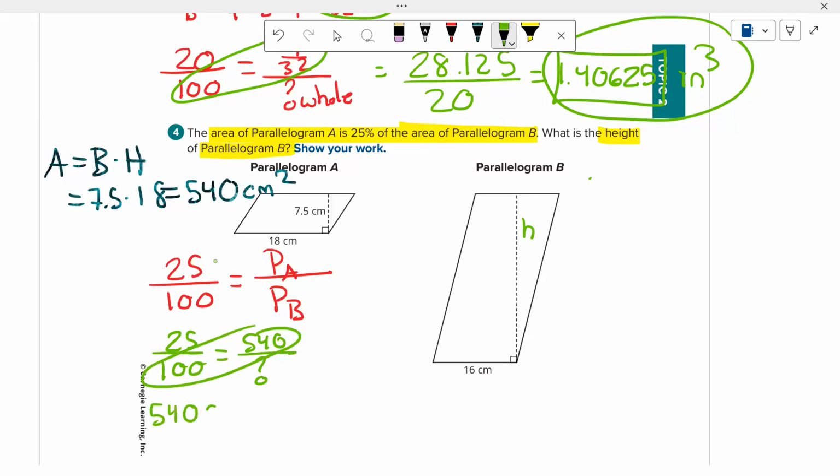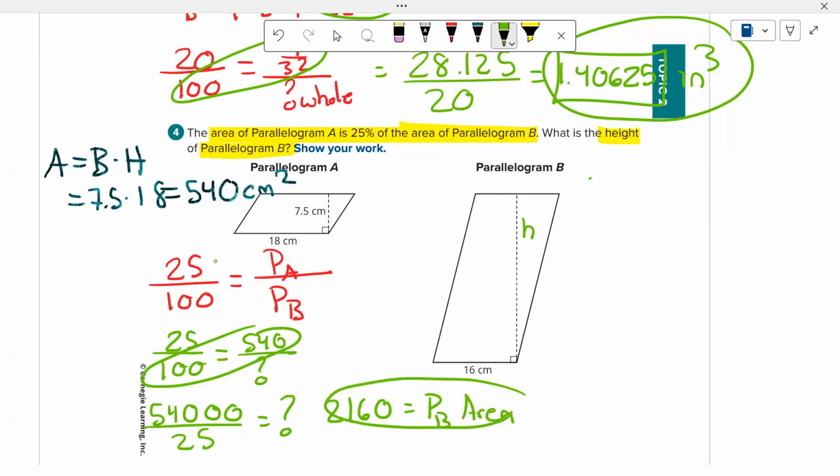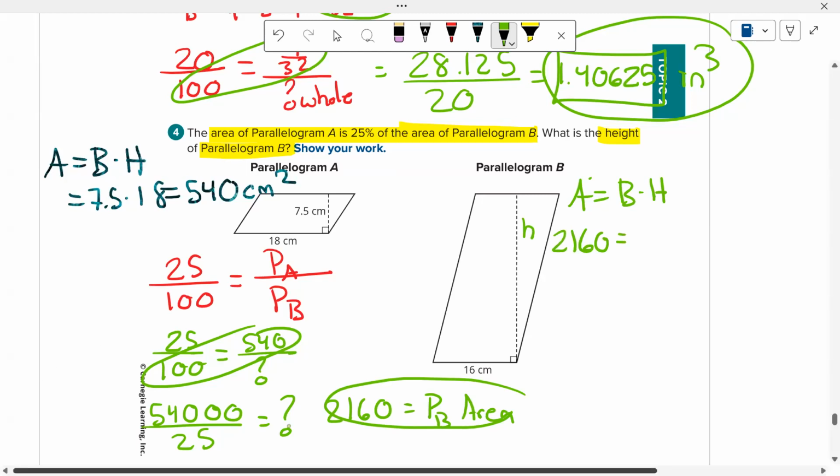So 54000 divided by 25 equals mystery. Mystery, like Mysterio, Spider-Man. We're going to divide that by 25. We'll get 2,160. That is parallelogram B's area. That is not the answer because we didn't want that. What we wanted was the height. So we know the area of this is base times height. We know it's 2160, and that is equal to